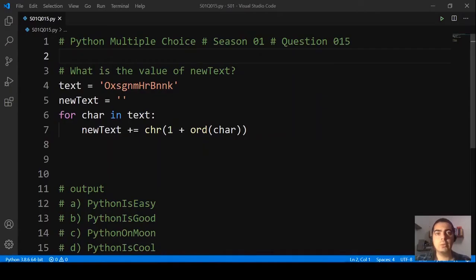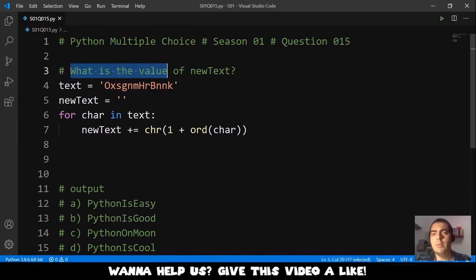And we arrive to the question number 15. What is the value of the new text? And we have here a text that is equal to this crazy string, and then we have a new text